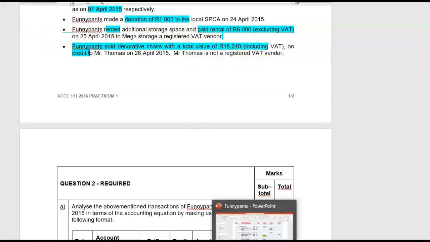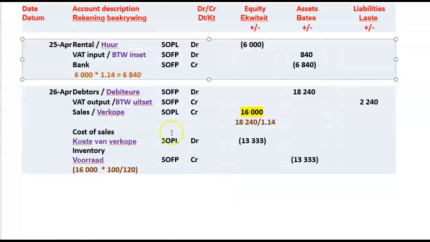So remember, this is a perpetual inventory system, so there will be 2 transactions, one for the sales and one for the inventory that I have to adjust. Debtors will be debited with 18,240. Our sales would have been credited, so it will increase as equity with 18,240 divided by 1.14 equals 16,000, and